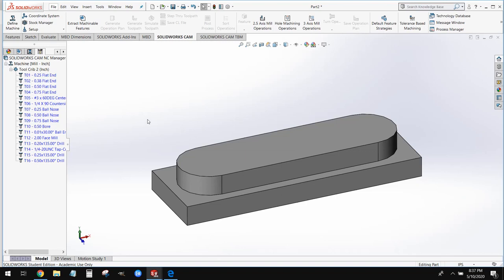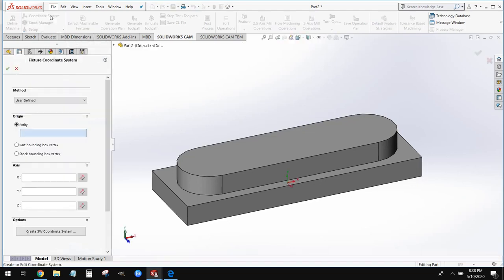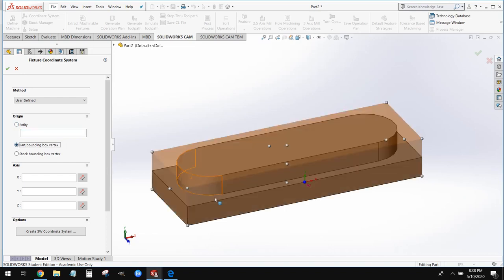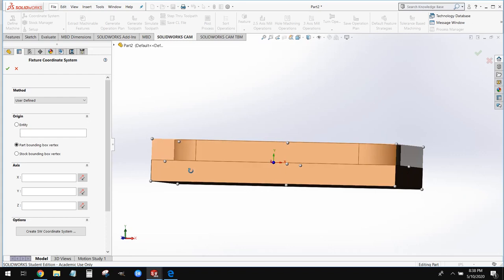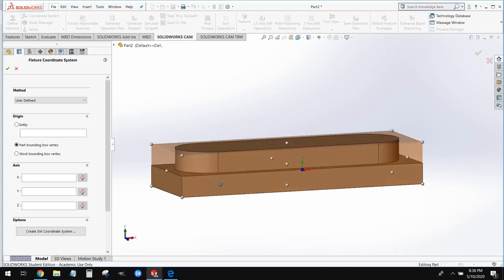Next, we're going to set our coordinate system. This is when we load our part into the mill, where we would set our 0. That's what we're setting right now. So we can select coordinate system. We are going to select part bounding box vertex. What that's going to do is create this box around our part that's going to simulate our